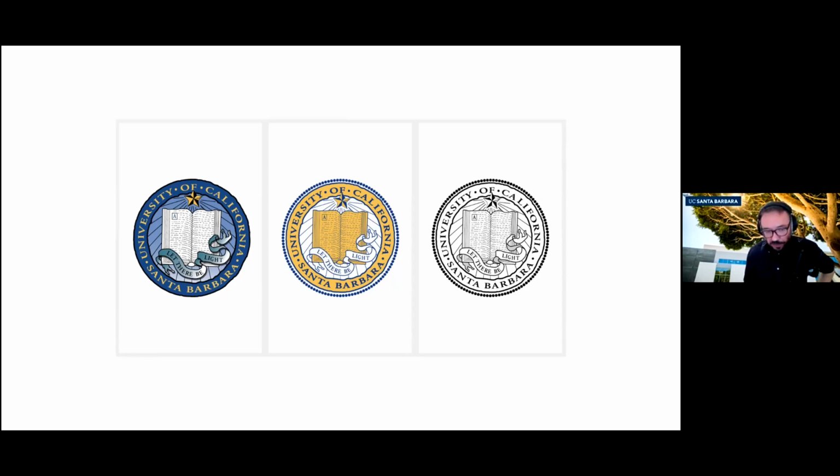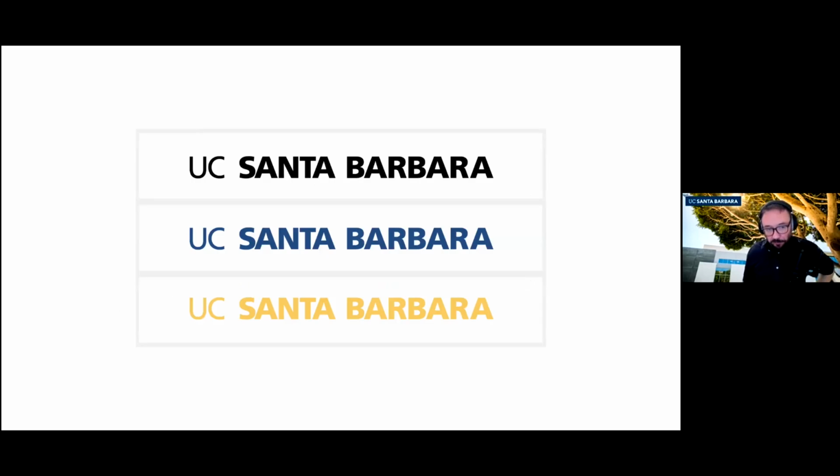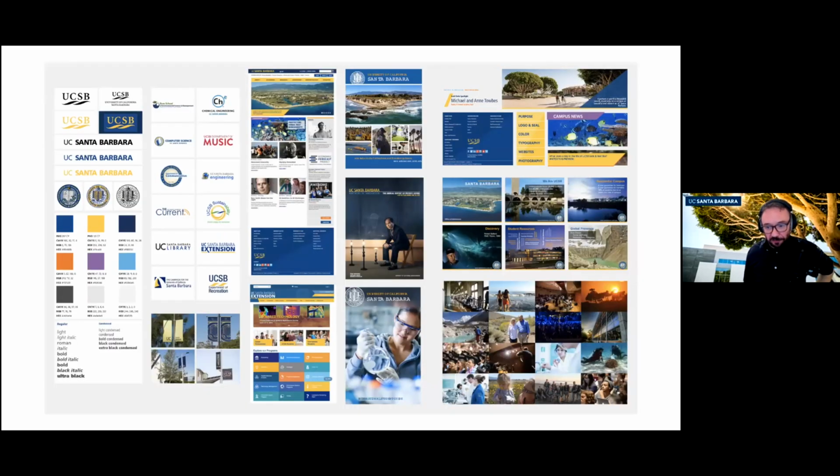And also, when you say UCSB, it can very easily be confused with SD. So we made a push before we launched this new identity to do an interim word mark. And this was sort of to test the water, to see how receptive people would be on campus to it, and just to sort of set the stage for it. And so this is kind of an example of where we were in communications before the new identity rolled out.